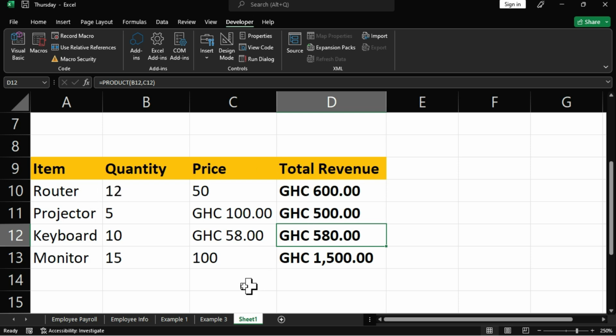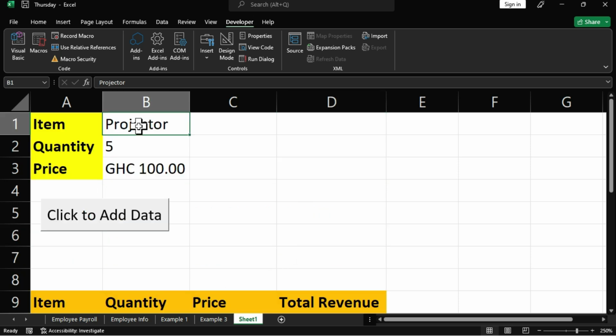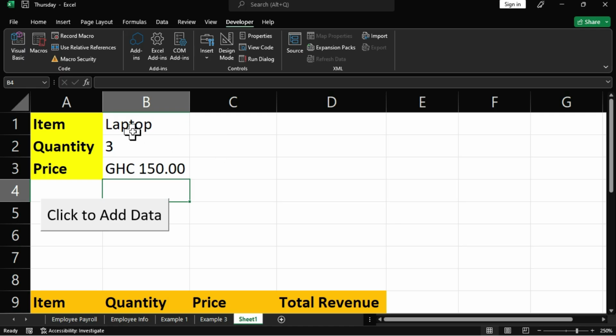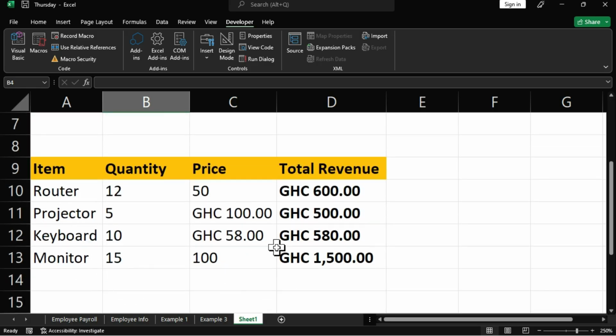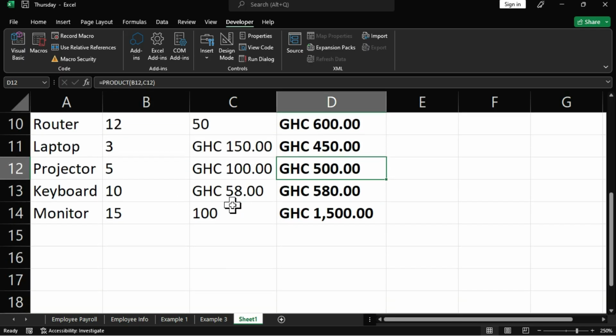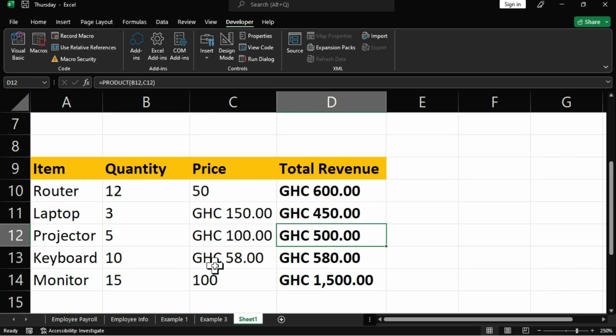Let's try another one again. Move here, key in a new data. So I have laptop and the quantity is 3, and I have a price of 150 Ghana cedis, and when you get to this section we don't have that data available. Therefore when I move back and click on this icon or this button, this has added this particular data into this list,